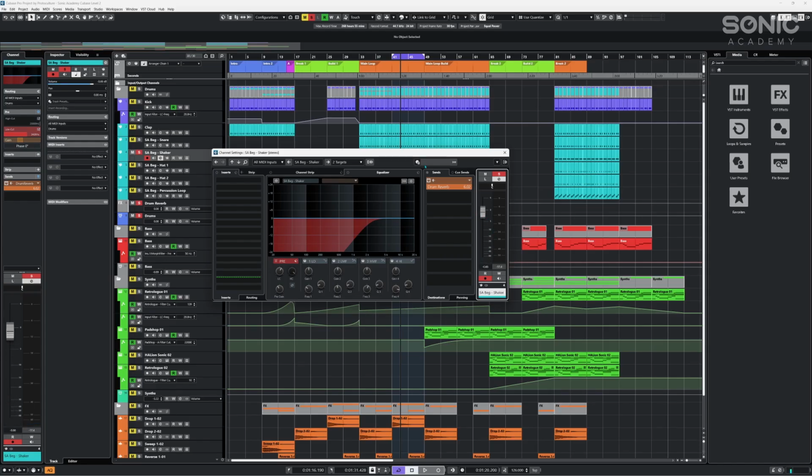If I set this to pre, what happens now is that we actually send the signal, if you consider that the signal comes through here, goes through here, and then into this, and then through the fader. What we're going to do now is bypass the fader entirely. We're going to send the signal from here. Whatever's happening here with the EQ, it's going to go from there without getting the fader, and it's going to be sent there. That means that the only way that you could turn the volume down is by actually inserting a plugin, which would turn the volume down. If we do this now,